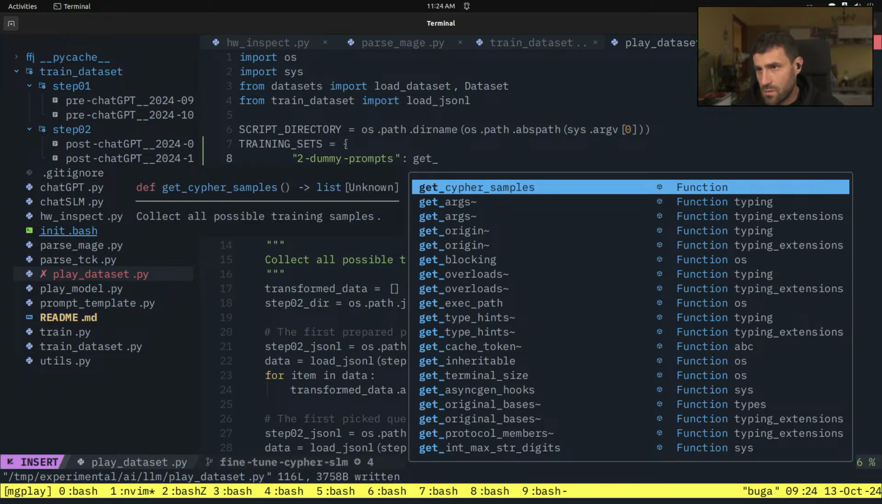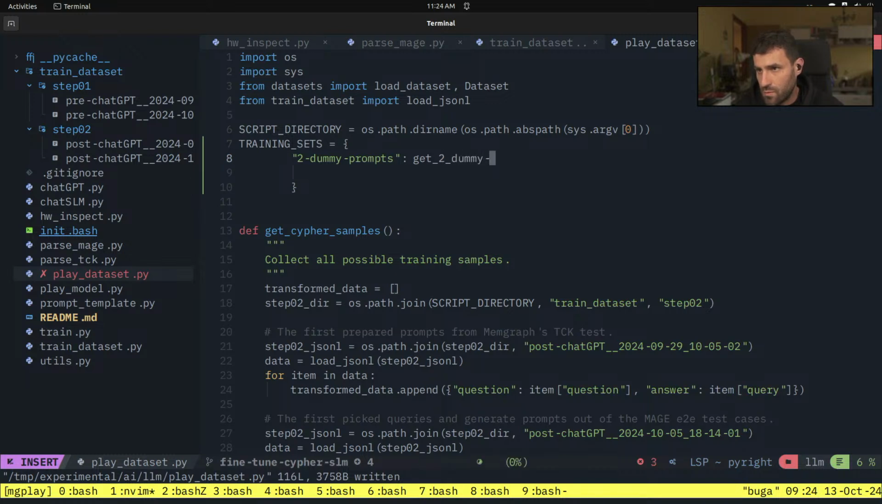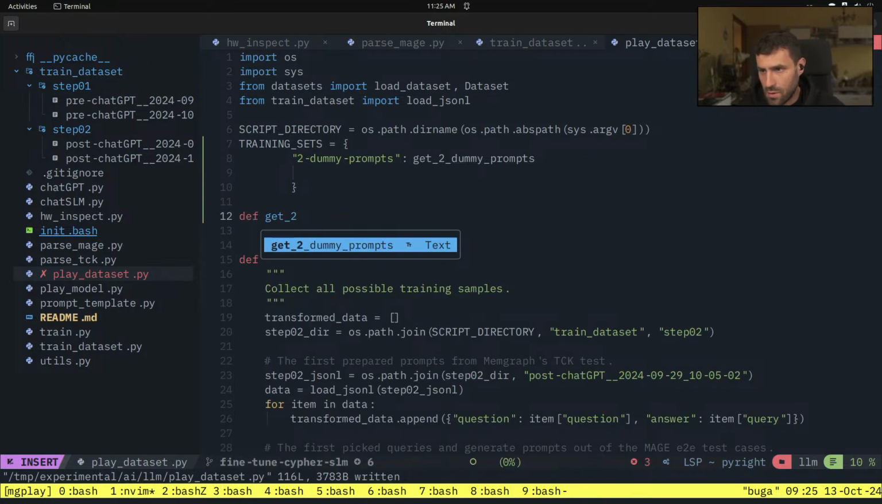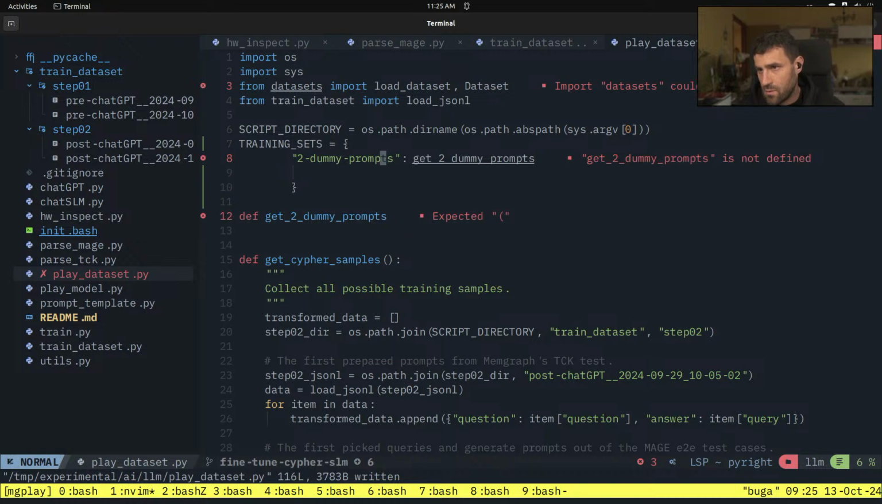So get two dummy prompts. The reason I need a dictionary is that I can make a lookup for the function, and then the function will be automatically called, and I can do that programmatically if I want. But get two dummy prompts, and I guess I can just run here def get two dummy prompts, and then I need just from